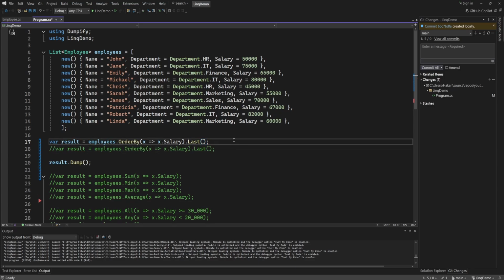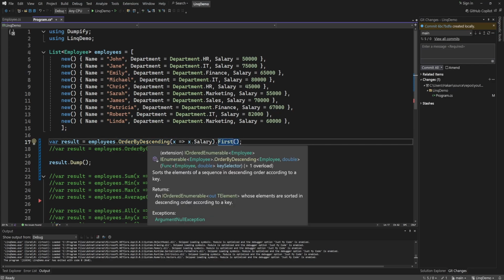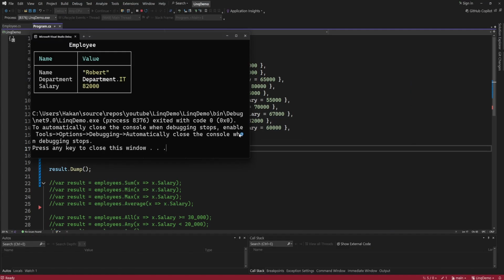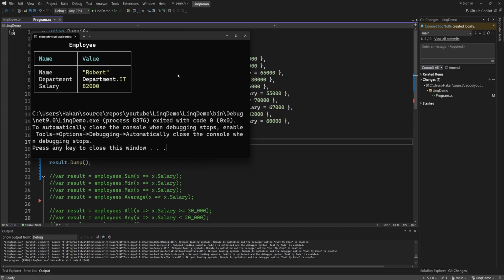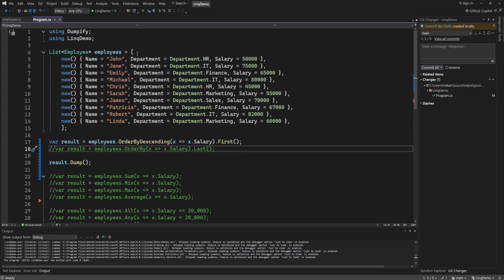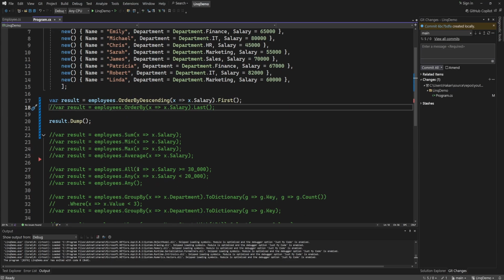And we can reverse this by saying order by descending, and then we'll get the first element. Because now the highest paid employee starts on the first position, so on index 0. And then we'll get the first element because that's the highest. If we get the last element, then we'll get the lowest paid employee. So this should return the same result, employee Robert. So these first and last methods are used to return a single element of the collection instead of something like,